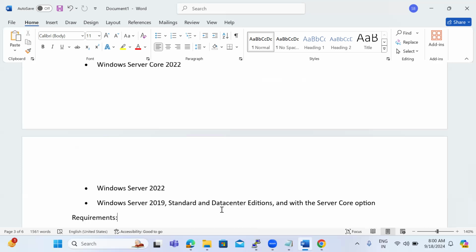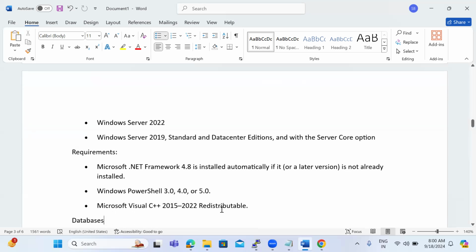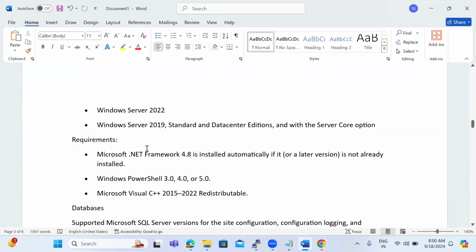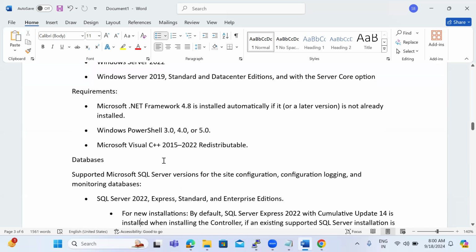Okay, so then we require the .NET Framework, Windows PowerShell, Microsoft Visual C++ redistributable. RDS is not required for the Windows Server. Okay, and coming to the database,